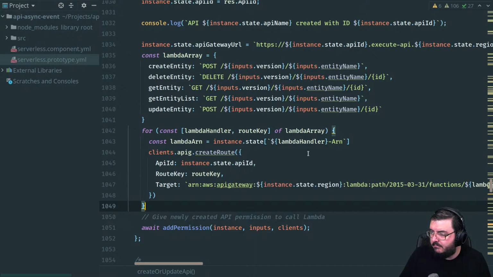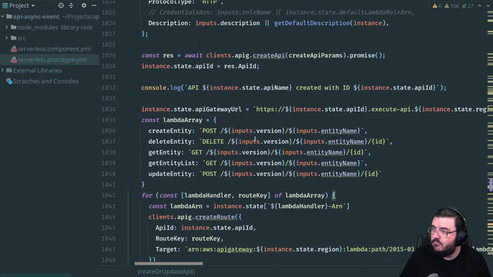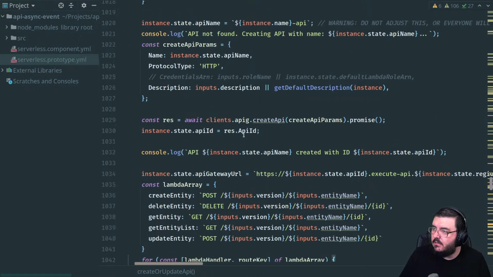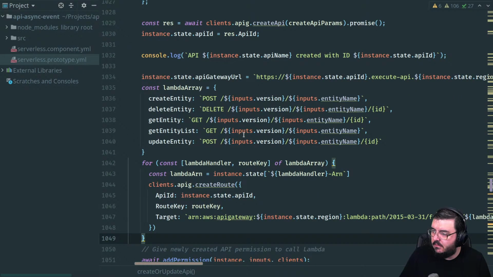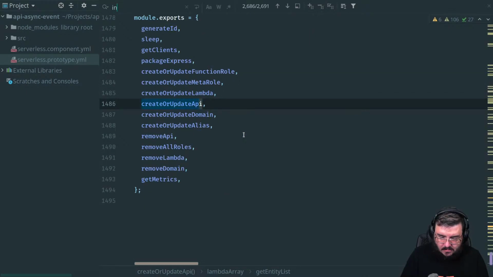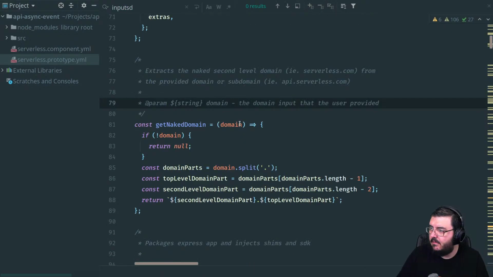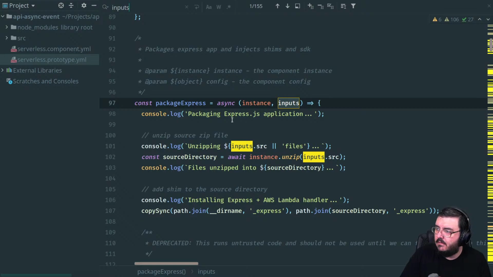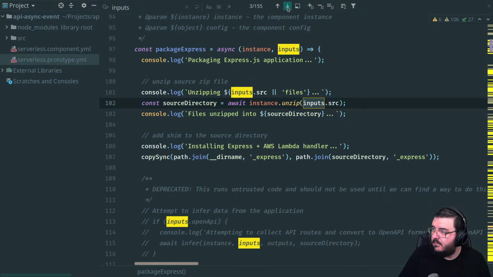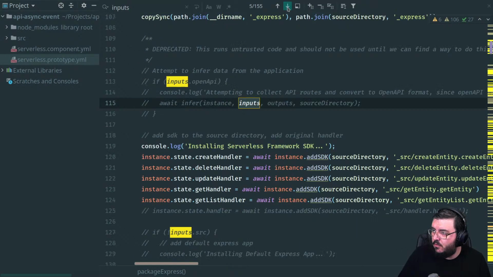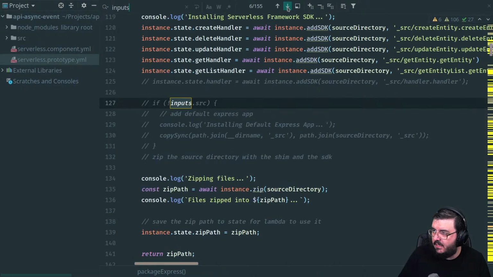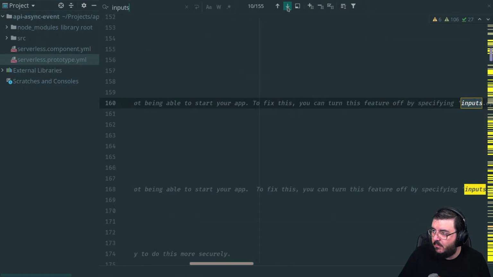I had inputs, where are they? These are all inputs that have defaults, so I'm not worried too much about these.